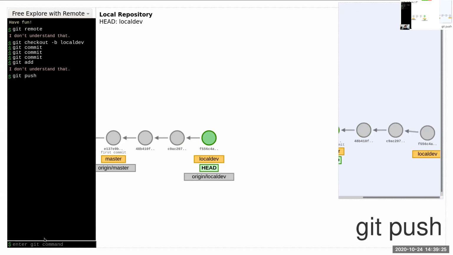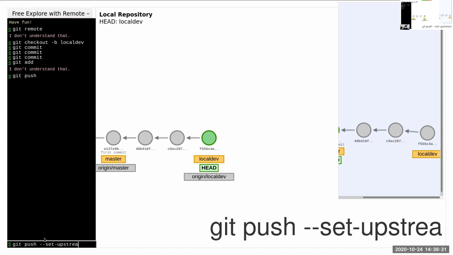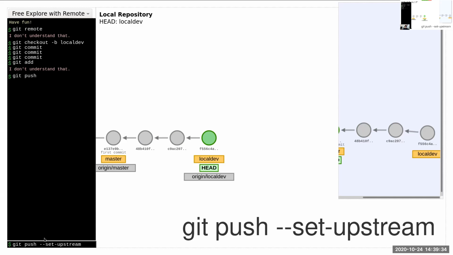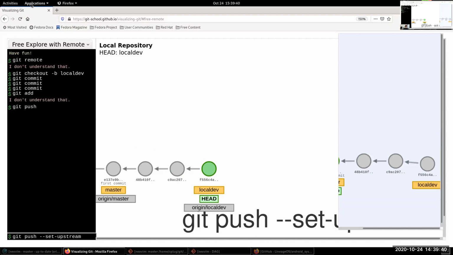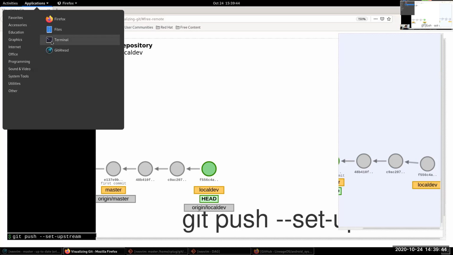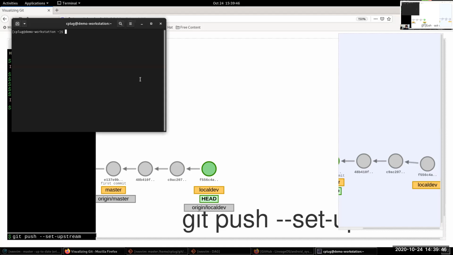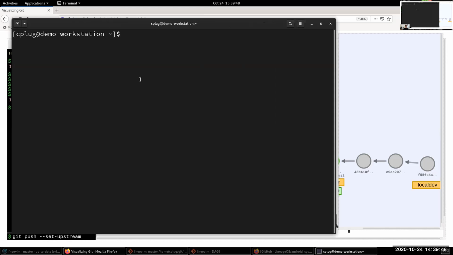Okay, so git push. Normally you would do git push --set-upstream, and you would say which origin. If I actually pull up the terminal, I think I can show you what I mean by git push set upstream. If I can go to a terminal, make this text bigger. Help, or git help